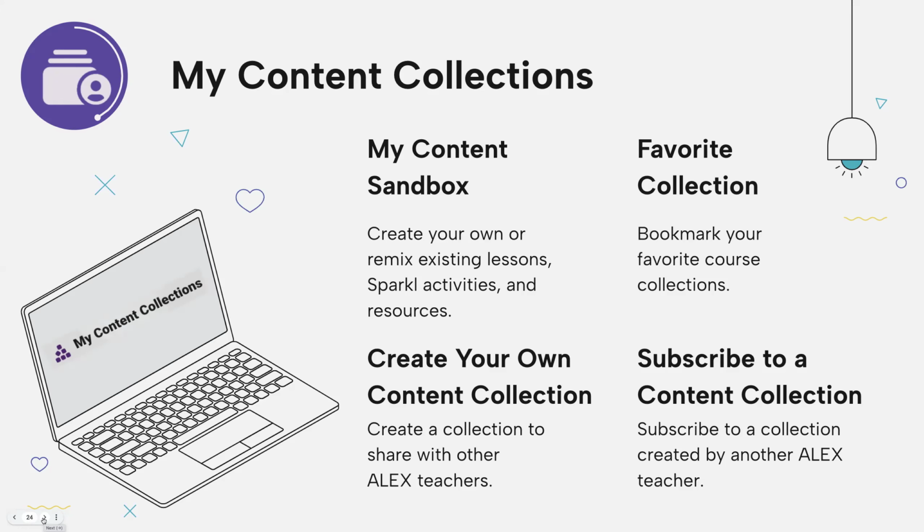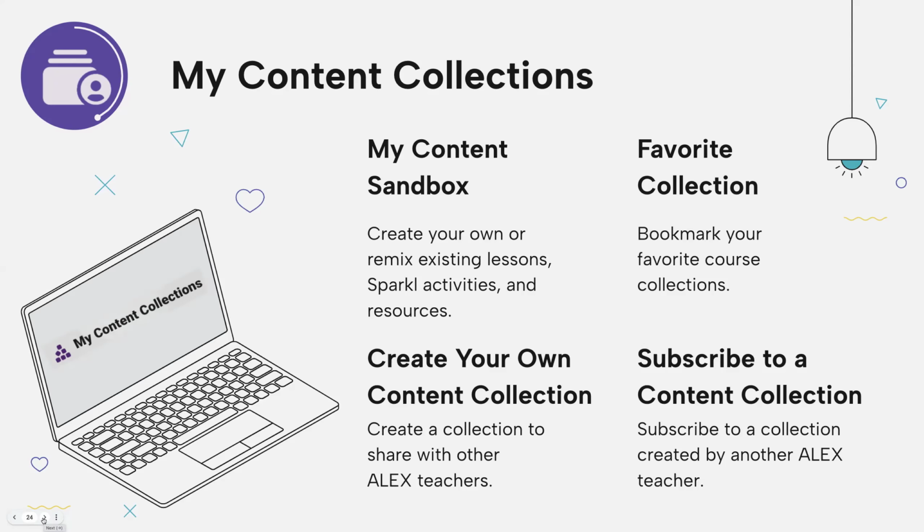You can favorite collections. So if you are a sixth grade science teacher and you know, I want to go back to my sixth grade science standards and the science resources, that's where I'm going to be focusing all of my attention. You can actually bookmark that so you just get to it first every time. You don't have to click around to find it. You can create your own content collections. So if I am teaching a unit on text evidence, and I want to collect all of these resources into a little digital folder, kind of imagine that in your mind. This is my digital folder where I'm finding all these resources and I'm putting them in one spot for easy access. You can create your own content collection.